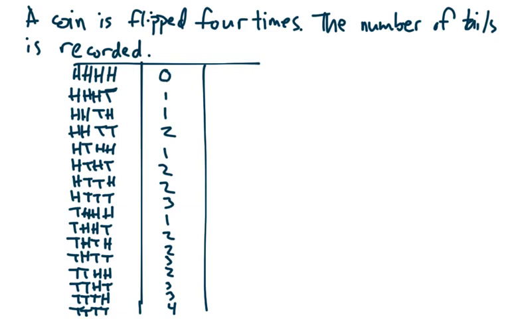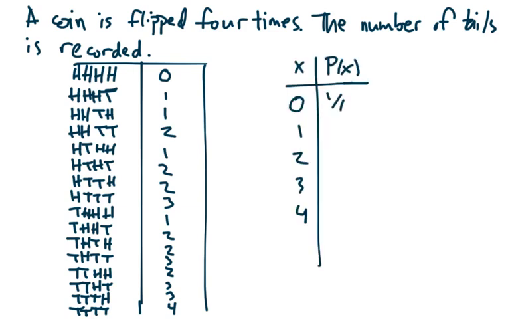How many times do we get 0? Once. How many times do we get 4? We've got to make sure that this adds up to 16. There was one way to get this, and one way to get this. Counting up the ones should be a little easier. 1, 2, 3, 4. 4 ways to get 1. 4 out of 16, which of course reduces to 1/4.